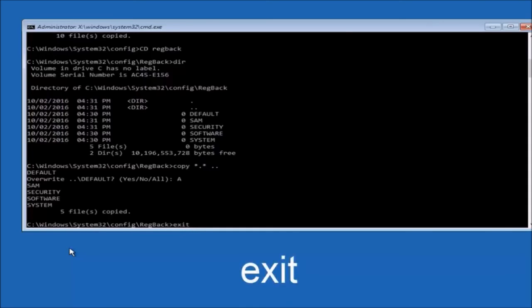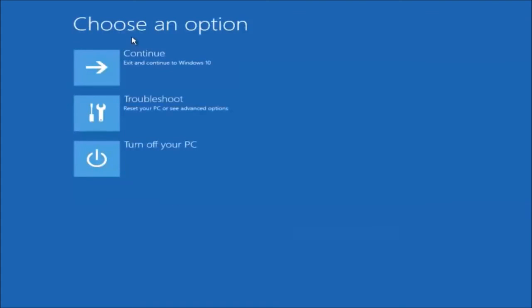Before I hit enter on my keyboard, like I said before, most of you guys should not have zeros here, but if you do, this method will not work for you. I'm just going to make that exceptionally clear. So anyway, we have exit typed in here, so I'm going to hit enter on my keyboard to confirm that command, and then underneath, choose an option. I'm going to select continue to Windows, and I sincerely hope it works,